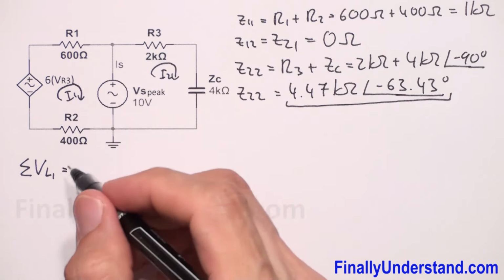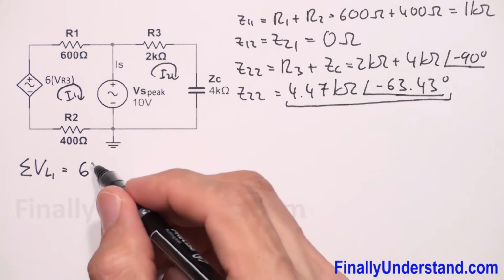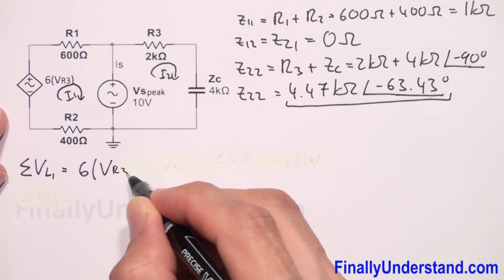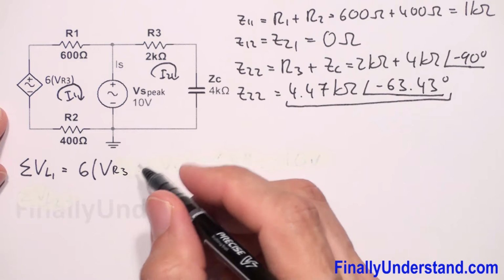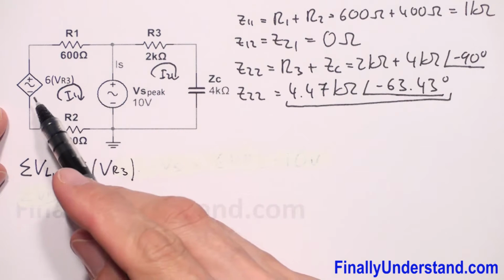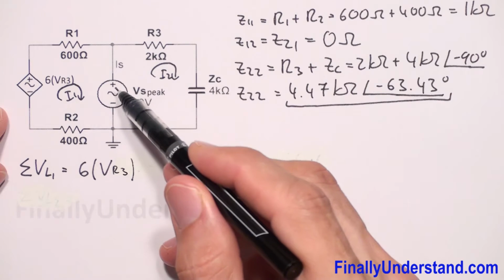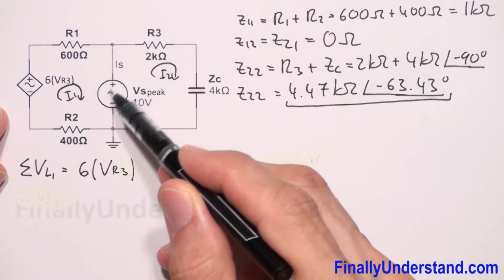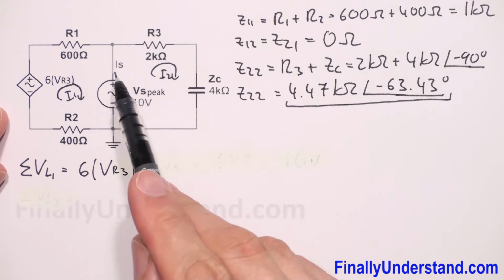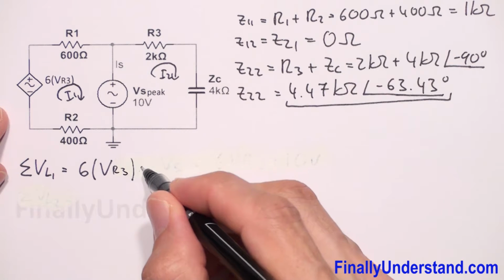That's why I'm going to say this is positive. So this is 6 times VR3. This is my dependent voltage source, and because the current pushed by the voltage source is going to go up and oppose my I1,